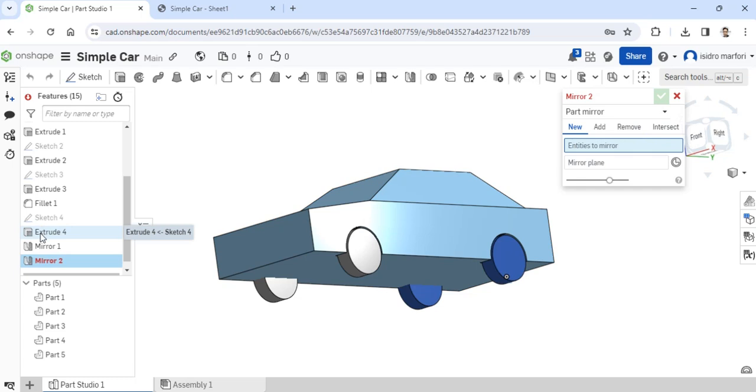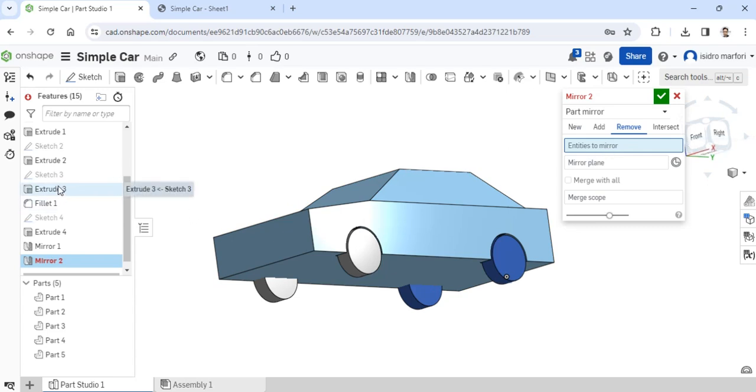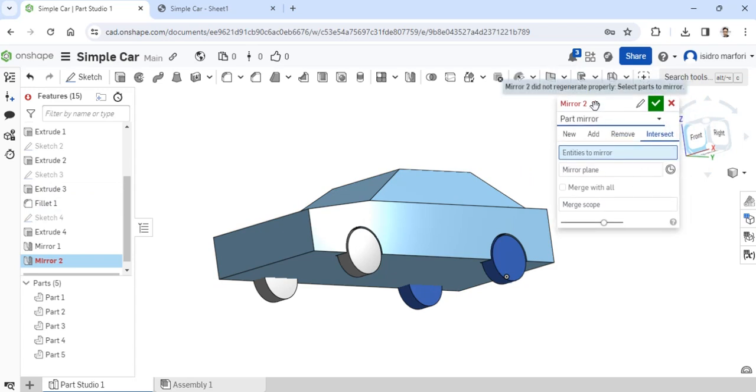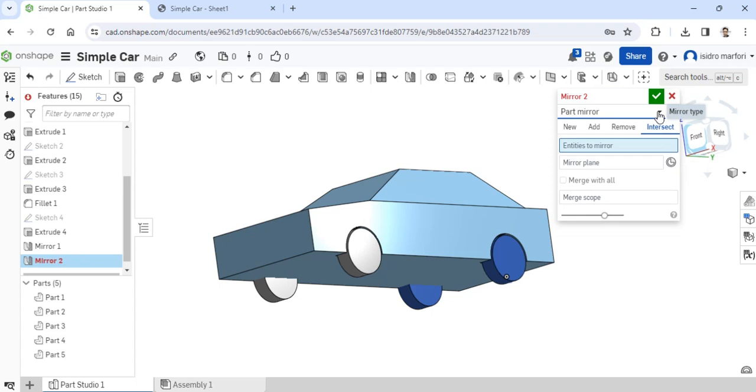What we will need to mirror is the extrude tree. That's our entities to mirror would be extrude tree. I think it has to be removed. So it will be extrude tree. Oh, all right. So what we have to do is pull this down and select feature mirror.